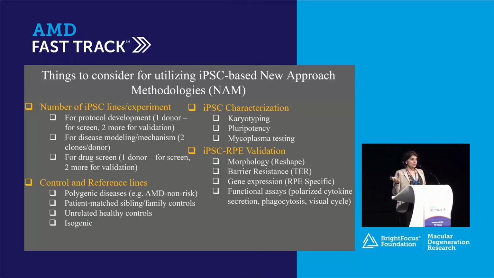Any tissue you are differentiating, it's important to validate those. In our case, I just showed you the RPE cells, so make sure that you are validating this tissue. There was a comment in the afternoon session that iPSC cells could be too young, but I think it all depends on what protocols you are using and if you are culturing appropriately and validating your tissue, so that you're avoiding those flaws that might come into your assays.